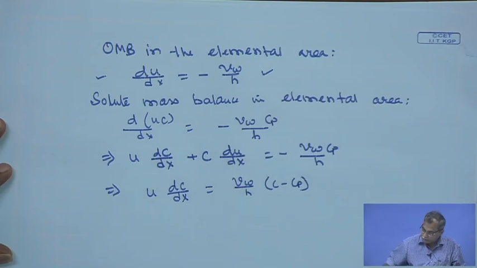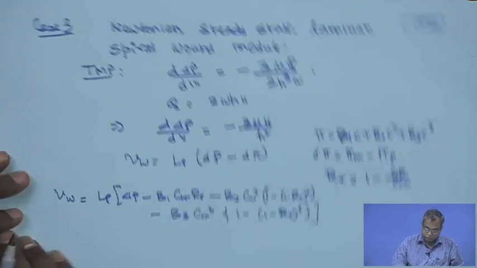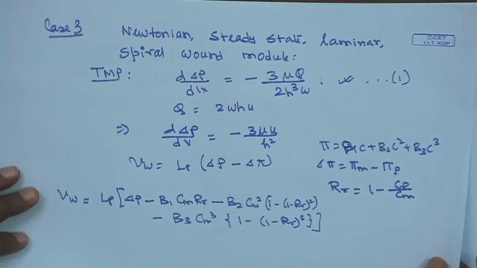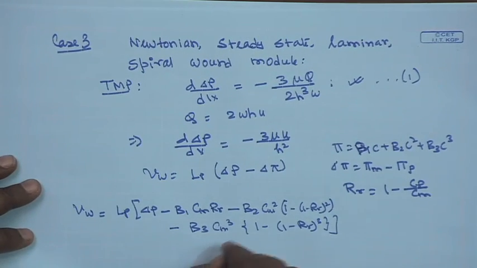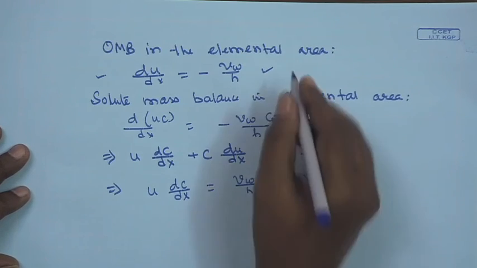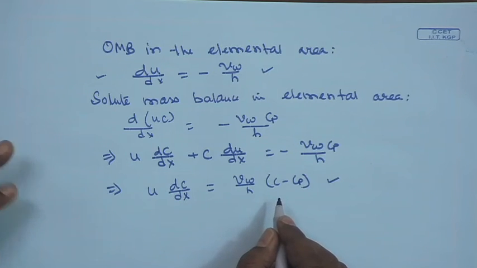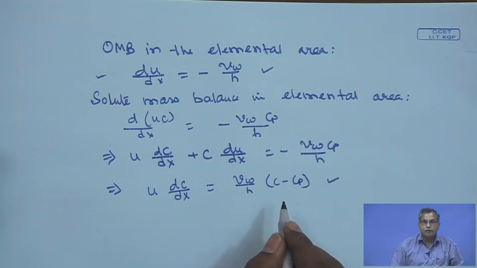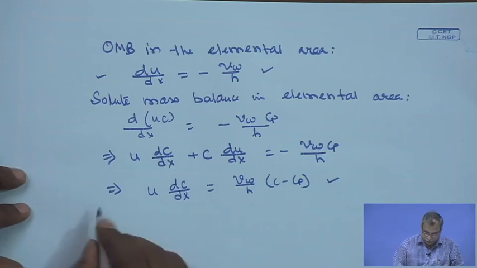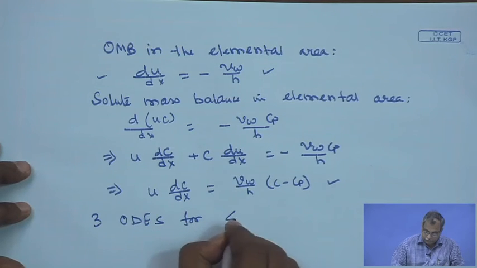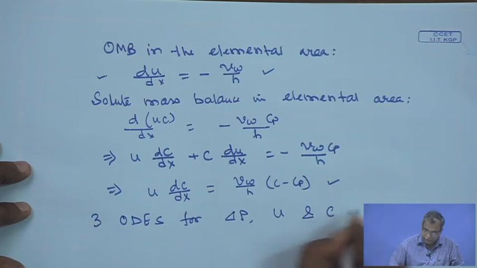So, this will be the governing equation of transmembrane pressure drop or axial pressure drop. This will be the governing equation for permeate flux. This will be the governing equation for velocity. This will be the governing equation for concentration in the feed channel. So, I will be having 3 ordinary differential equations for accounting transmembrane pressure drop, velocity in the retentive channel, as well as the concentration in the retentive channel. So, 3 ordinary differential equations for delta P, U and C in channel